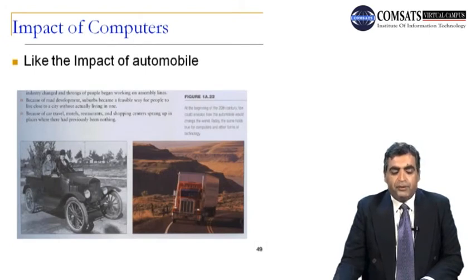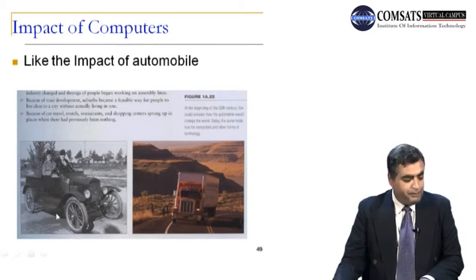Let's talk about the impact of computers. It is like the impact of automobiles. When automobiles came, they changed the lifestyles of people. Because of the car, people were able to travel faster, farther and cheaper than ever before. Because vehicles could be mass produced, the nature of manufacturing and industry changed, and throngs of people began working on assembly lines. Because of road development, suburbs became a feasible way for people to live close to a city